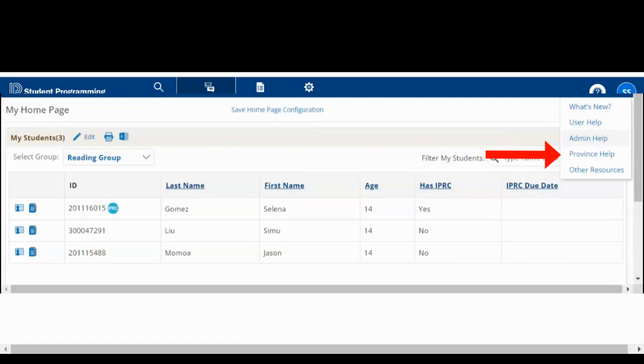Provincial Help includes release notes and information specific to the province, and other resources. This acts like a Google Drive within student programming, and our DDSB resources for you to use and access at any time can be found in there.